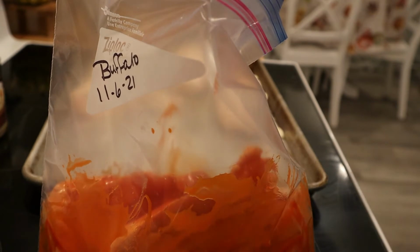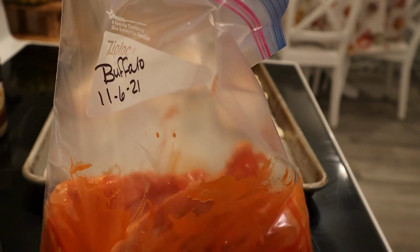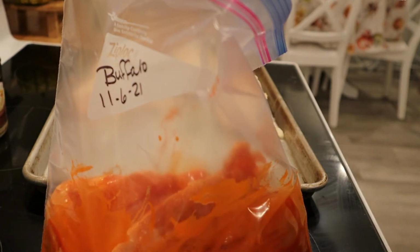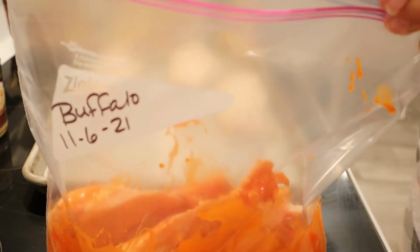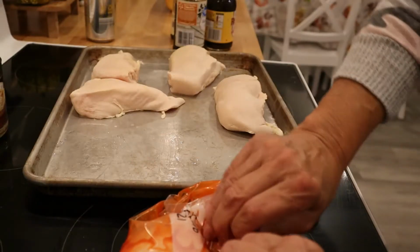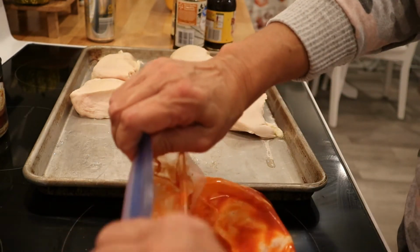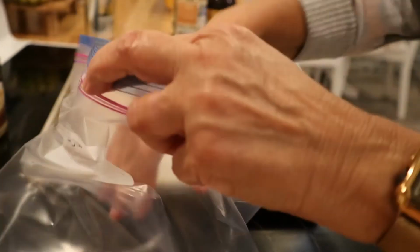And I'm going to throw some onion powder and some garlic powder in there. Give them just a little bit more flavor. Okay, so let's seal it up. I would usually food save this, but it's not going to be in there that long. So I'm just putting it in a freezer bag. And I've got the date on there and what it is. So there's one, and I'll do